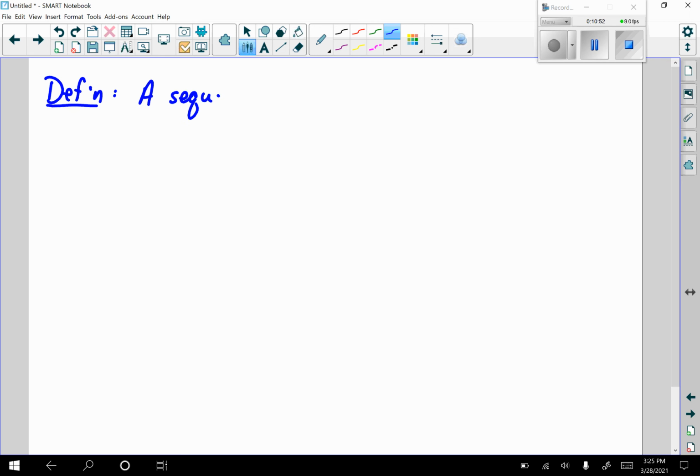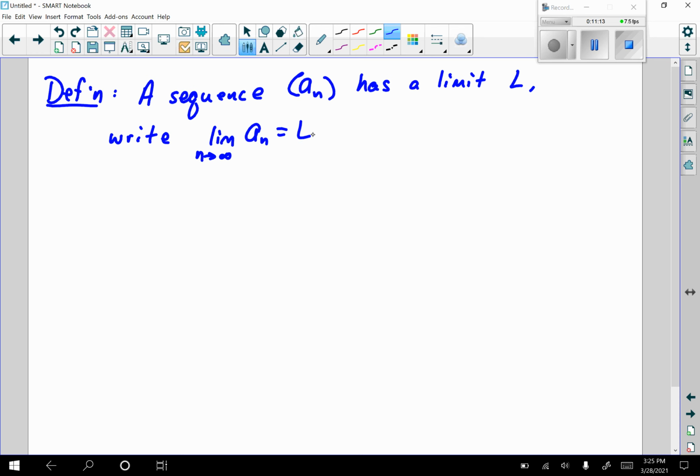So we say a sequence a sub n has a limit L, that we write as the limit as n approaches infinity of a sub n is equal to L, or a sub n goes to L as n goes to infinity, if we can write